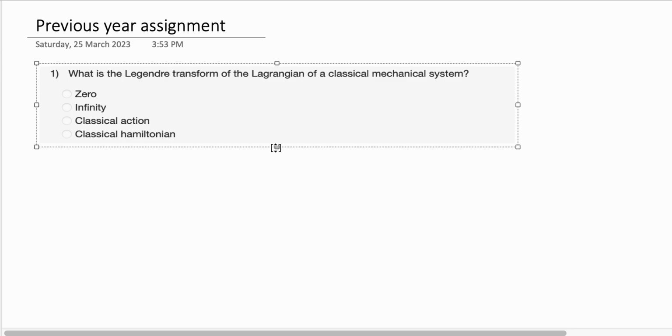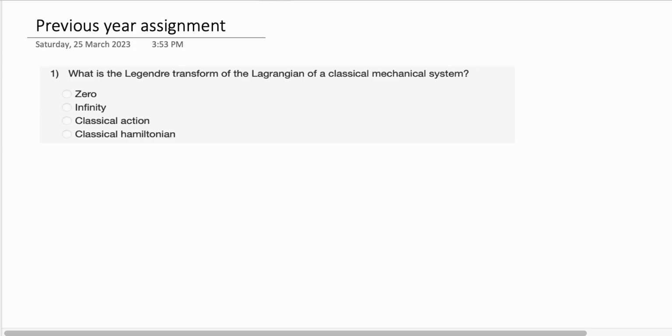So I will start today's tutorial by saying a few words about the Legendre transformation. The first question is about the Legendre transform, and in this question it is asked the Legendre transform of the Lagrangian of a classical mechanical system. So at first let's see what